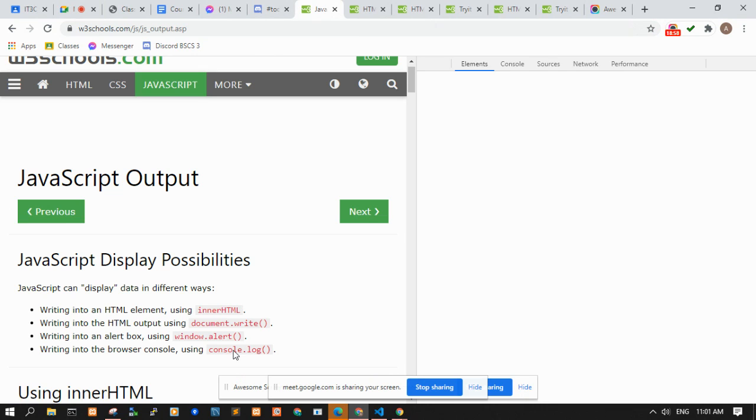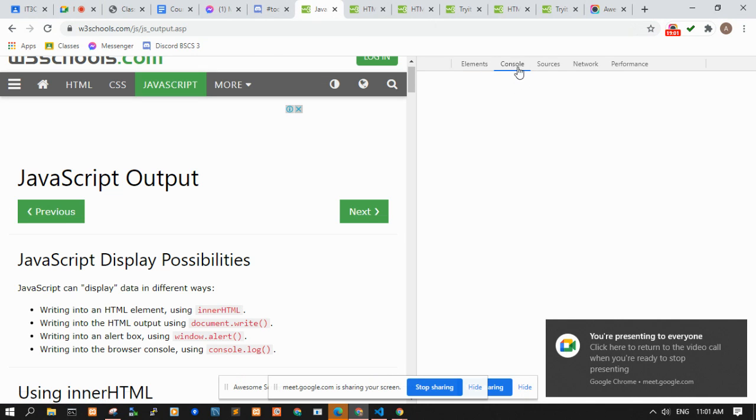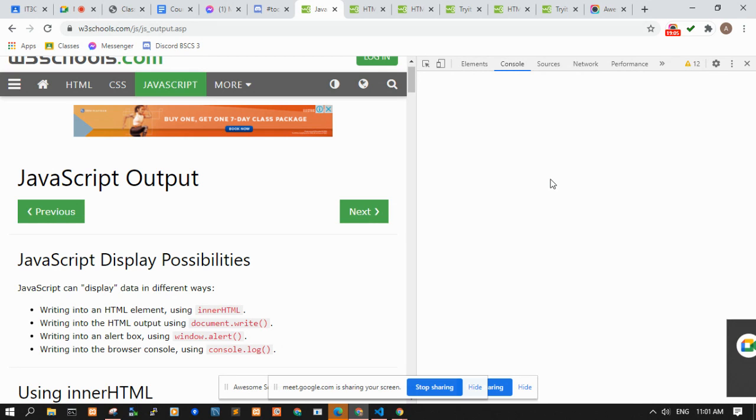So your console messages, console.log, console.error, and so on will be displayed in the console of your browser. It's usually here, in the DevTools of Chrome, we have the console there. They're usually displayed here.